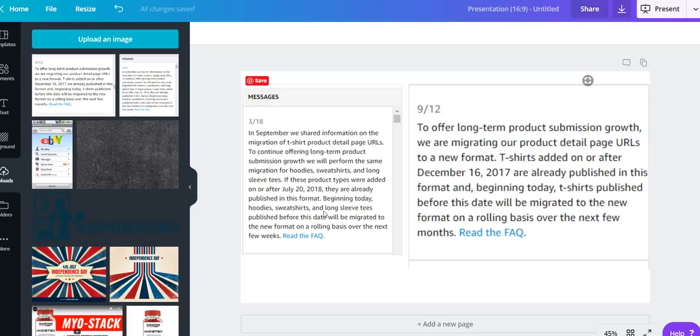And I've been seeing over the past few weeks and even past few months, when you look at your Amazon dashboard and your most recent uploads, I've been seeing a lot of older shirts on there, which tells me that Amazon is slowly migrating those over. And the change that they're referring to, this really doesn't affect the day-to-day running of your merch, but just in case you guys were curious, back in September of last year, they put out this message